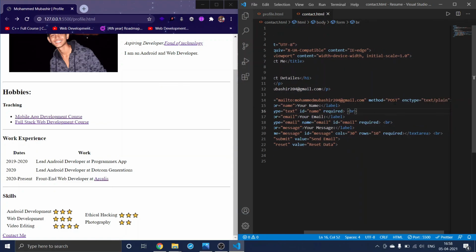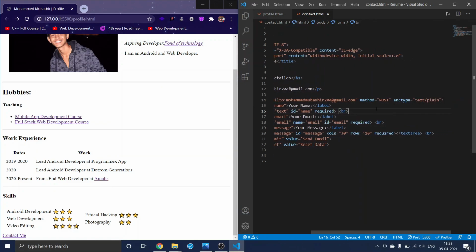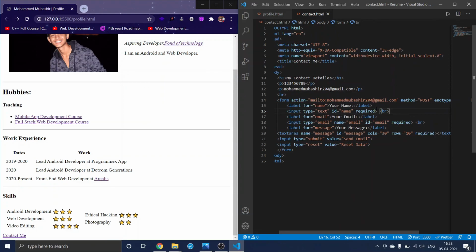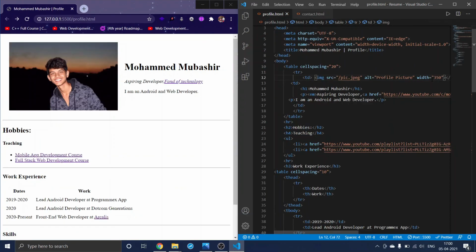In the method we gave post, and enctype we gave text/plain. We'll be talking about that later. And normally we use label here instead of the p element or p tag. After the label we used input, and again label, and again input, and then we used a textarea. So our html part is done.